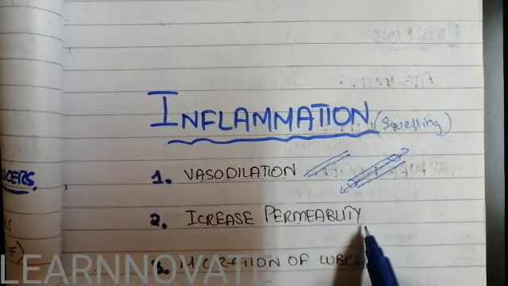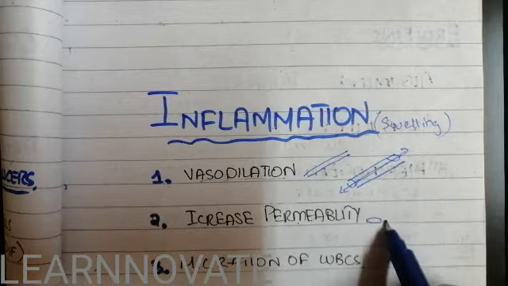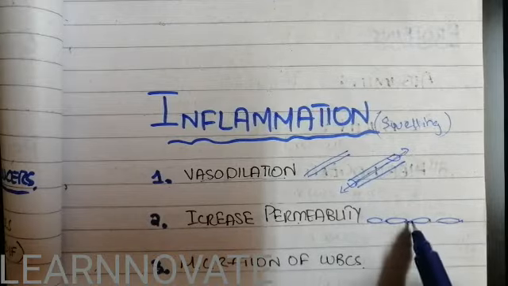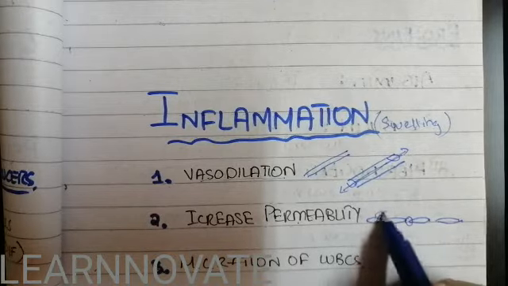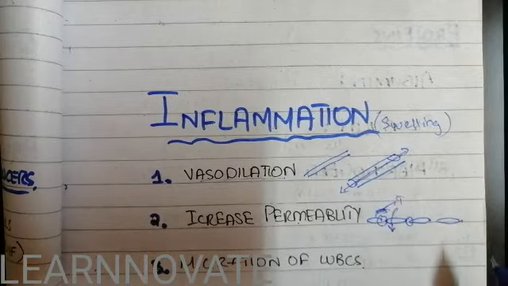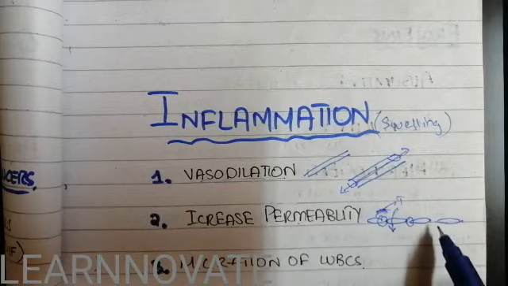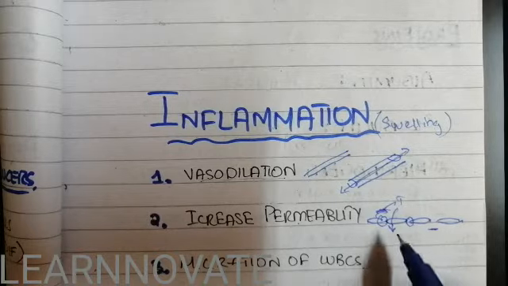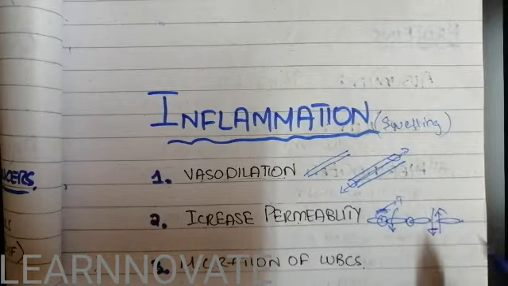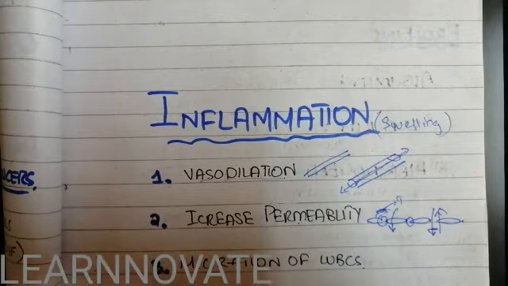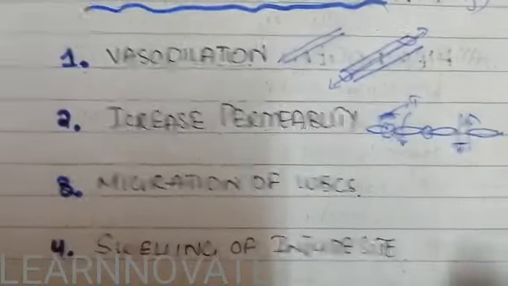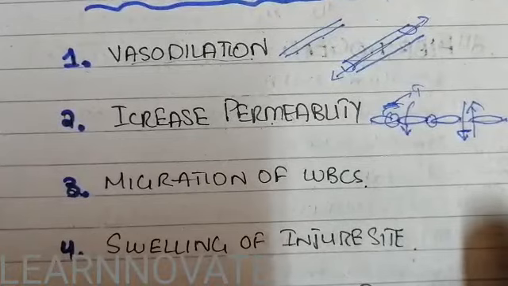Then what happens? Increased permeability. The blood vessels or capillaries are lined by endothelial layers, and the spaces between the cells are normally sealed by tight junctions so that substances cannot freely come in or go out. But when permeability is increased, these capillaries have more spaces, so substances can easily go out and come in through the capillary walls. It means the permeability is increased towards other substances or towards the pathogens.